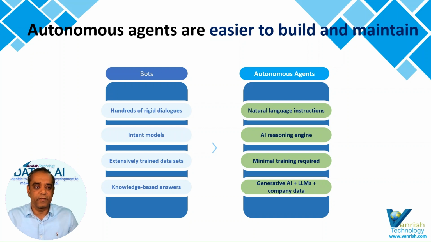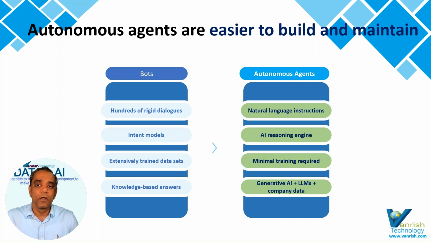A bot gives a very simple, static kind of response. There is no dynamic response from a bot. The autonomous agent is more dynamic, and you're getting a human-like interaction. So the autonomous agent can be set up using natural language instruction. That is a very important part. Also, using AI reasoning, you can upload your knowledge-based documents as well. It works on the autonomous agent. So these are the differences.